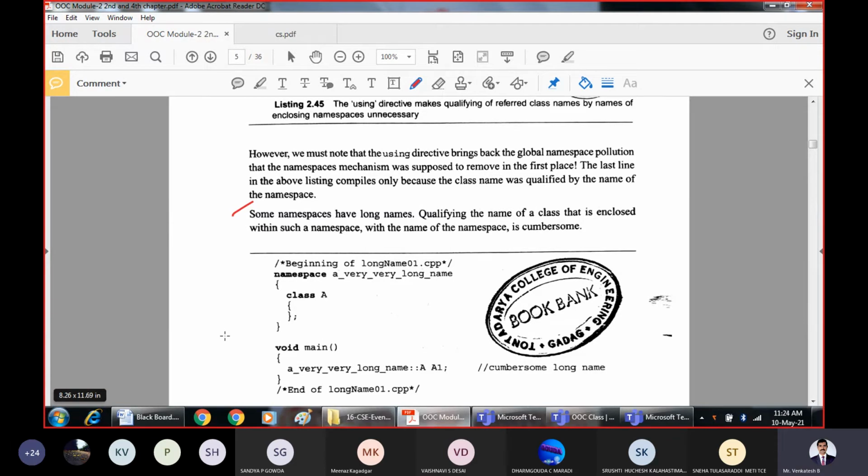because everybody wants to use their own names. And to remember that, you may want to give the namespace a name like your first name, middle name, last name, college name, department name, whatever. If your namespace contains some 100 characters, a very long name, there is a provision to write a short form for that.